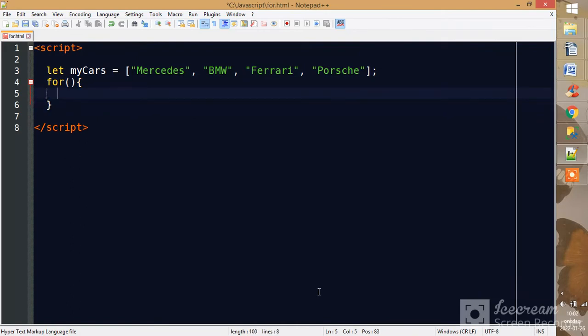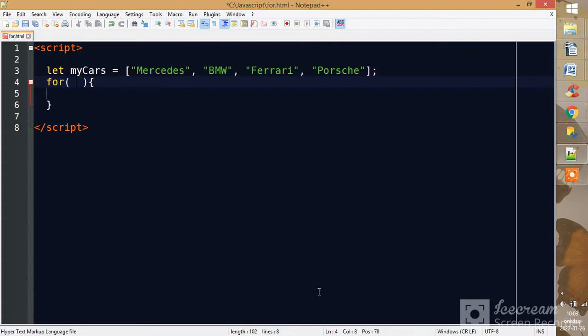And I usually create this structure right away so that I don't forget the closing curly bracket. So now I have the complete structure. I do this when I am coding, and this is a habit of mine, and I just want to make sure that I don't forget